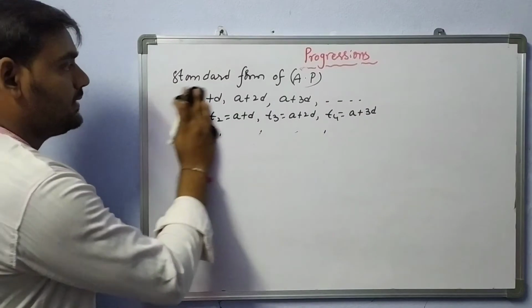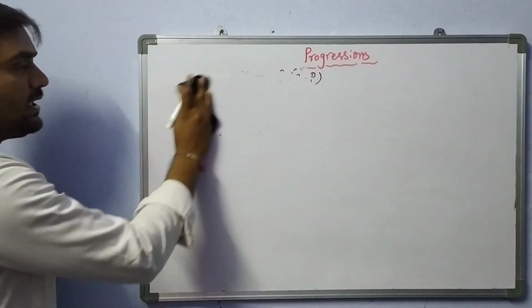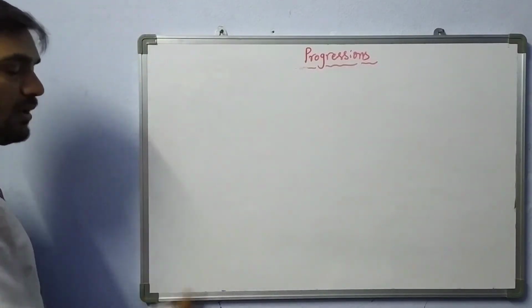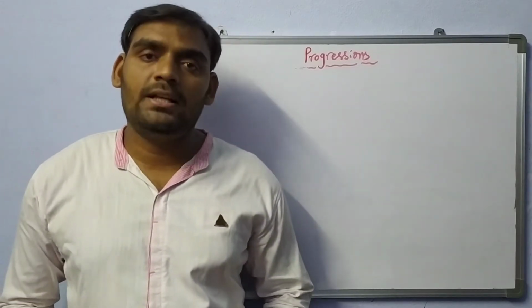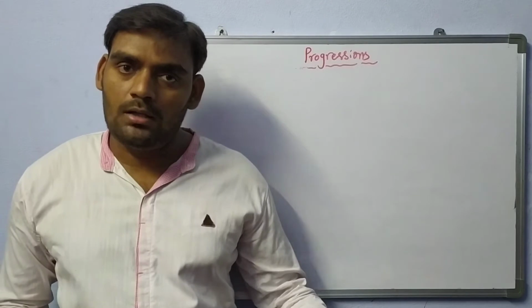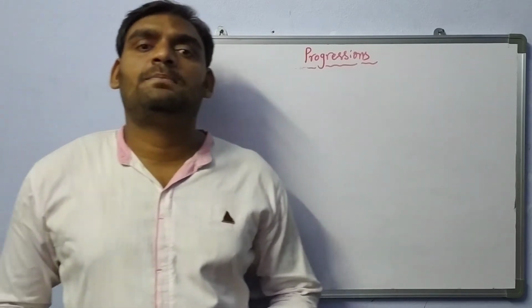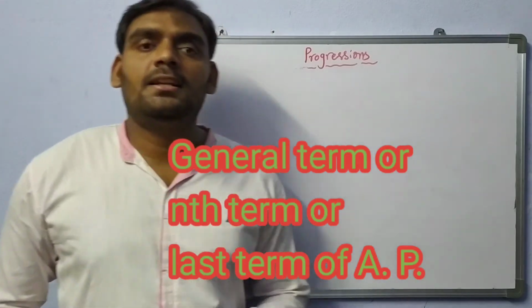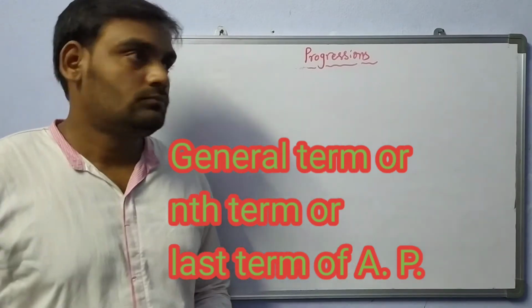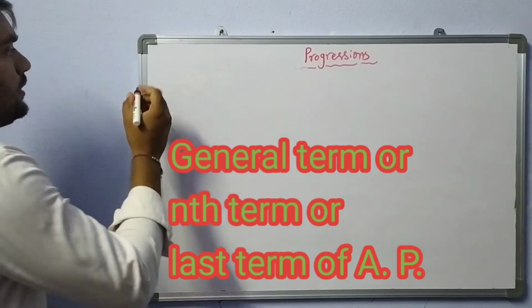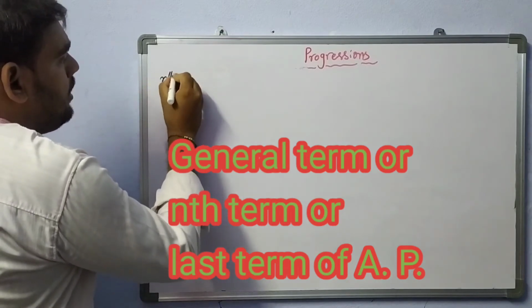Common difference is D. Therefore, the standard form of AP or general form of AP is A comma A plus D comma A plus 2D comma A plus 3D and so on. See, now I am going to explain the nth term of AP or last term of AP. See here, nth term of AP